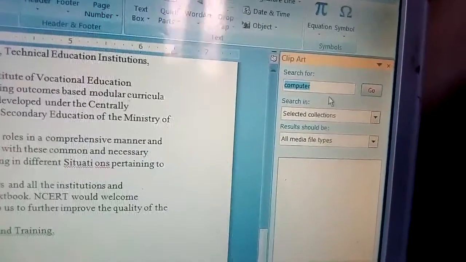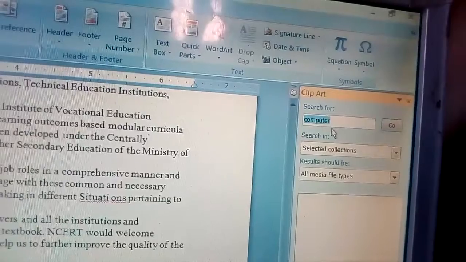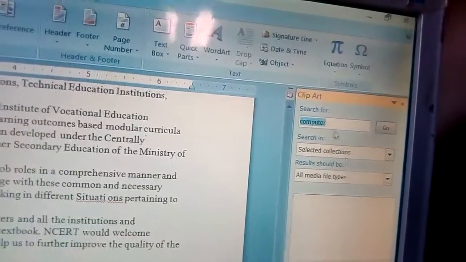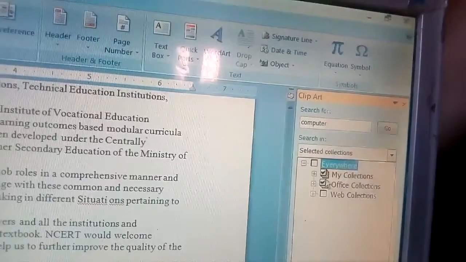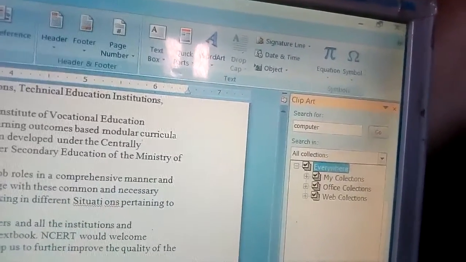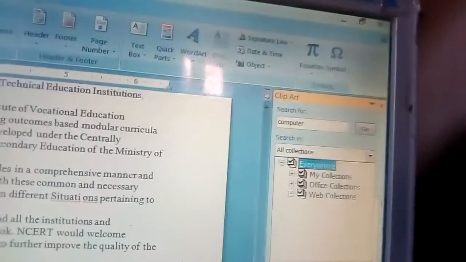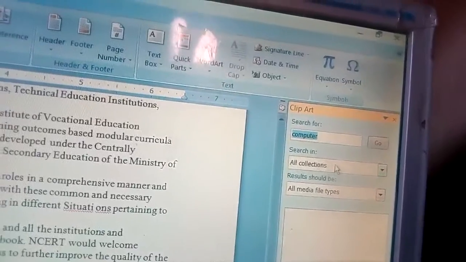If you want to see all these things, then you just click star, okay, or selected collection, then all you have to click, okay. And then it's computer, so all collections I am clicking.